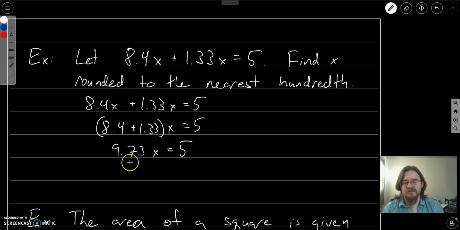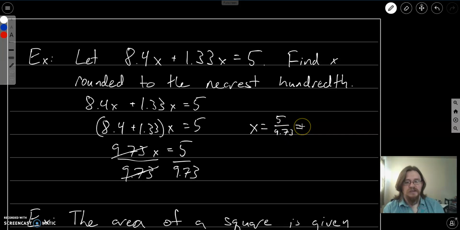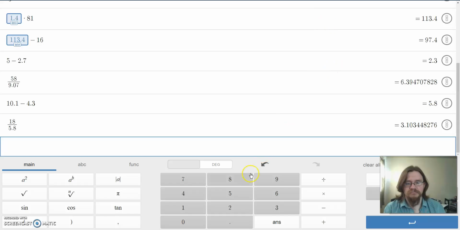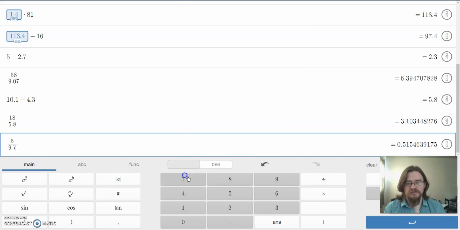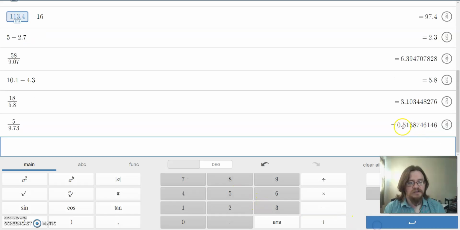And again, this is 9.73 times x, and I don't want the 9.73 there. So instead of multiplying, I'm going to divide so that they cancel out. And whatever I do to one side, I have to do to the other. So these guys cancel, and I'm left with x is equal to 5 divided by 9.73. And when I come back to my calculator, 5 divided by 9.73, and this equals